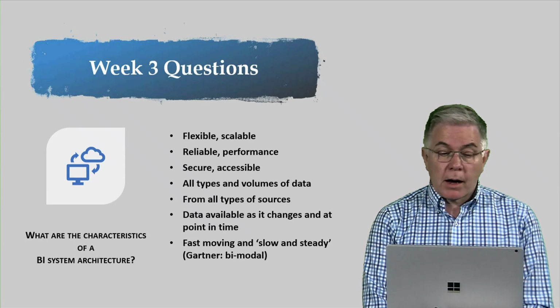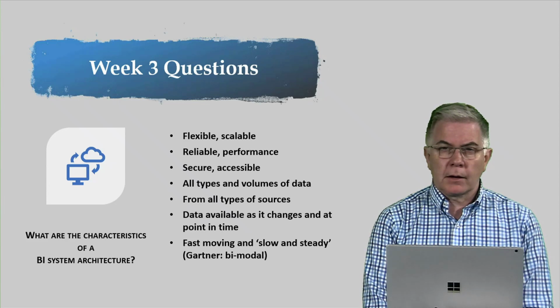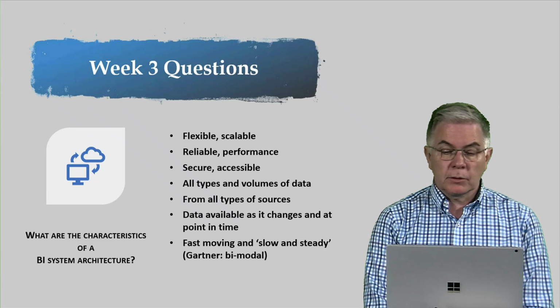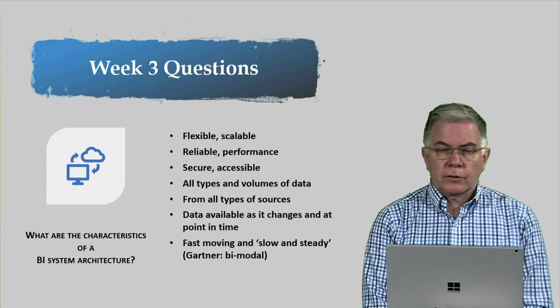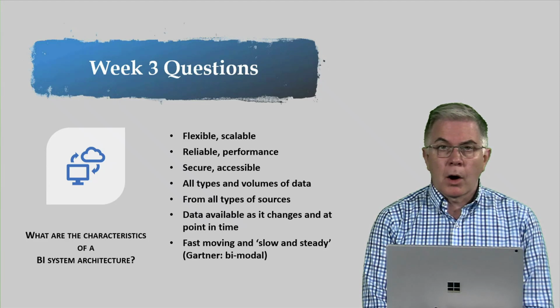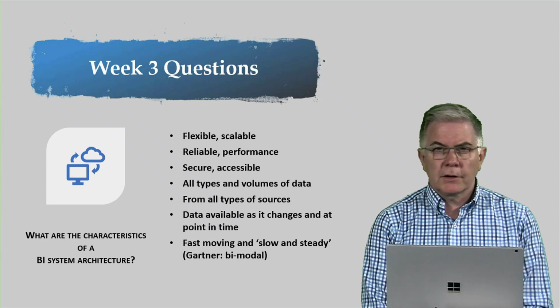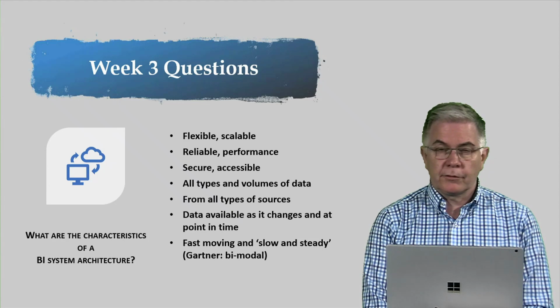And so we need our architecture to be both fast moving, to be able to respond to ad hoc questions and unusual circumstances, but also slow and steady. If you do any search on Gartner in the area of bimodal, this is the kind of thing that they talk about. You'll find also that there's a need for your IT system and architecture in general to be like this as well. So a hint: make sure you have really good relationships as an analytics professional with your IT professionals.